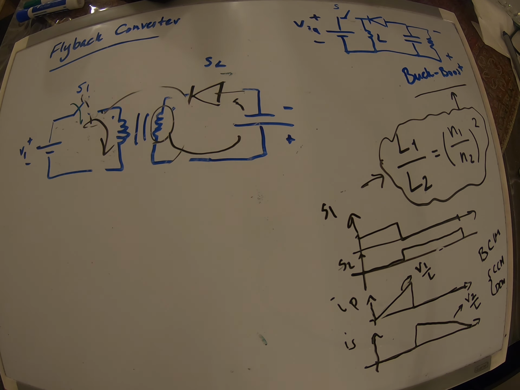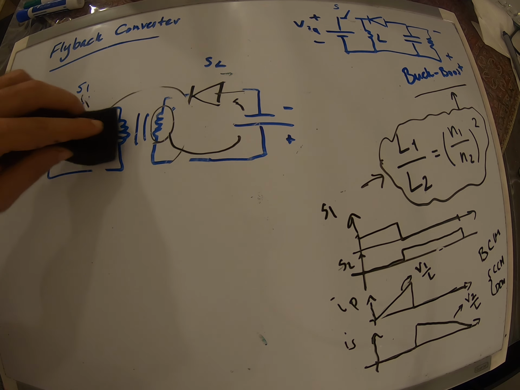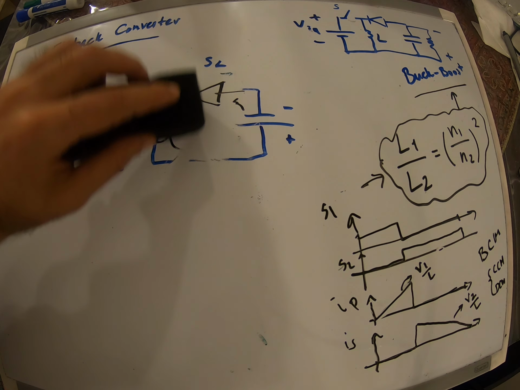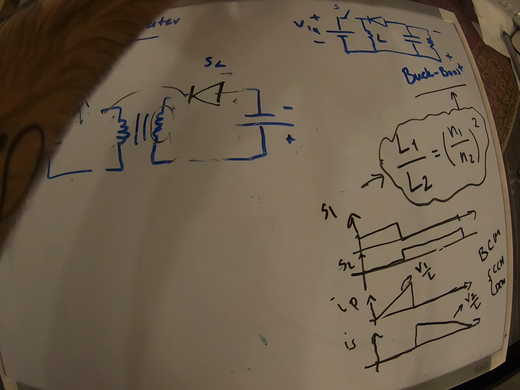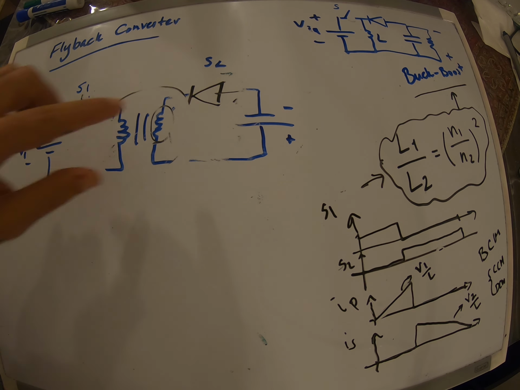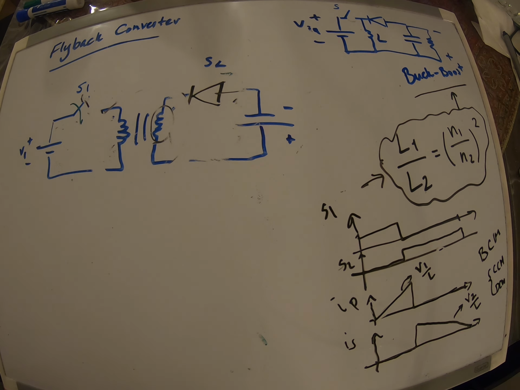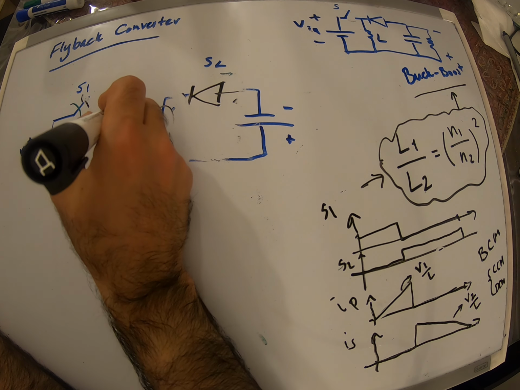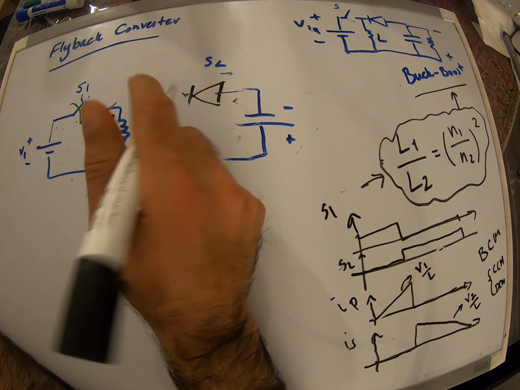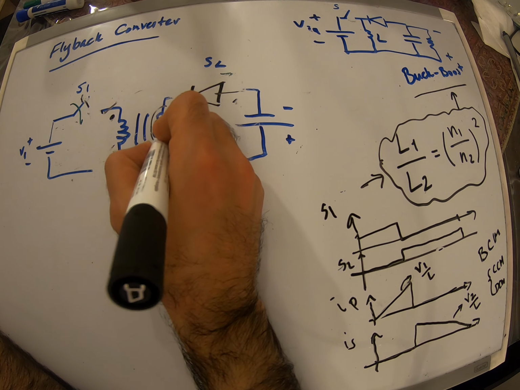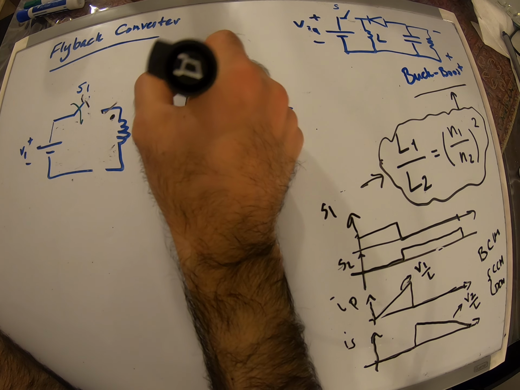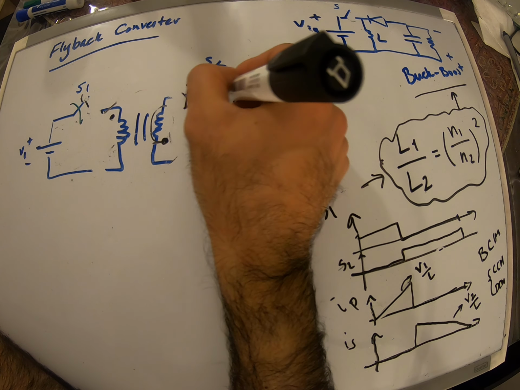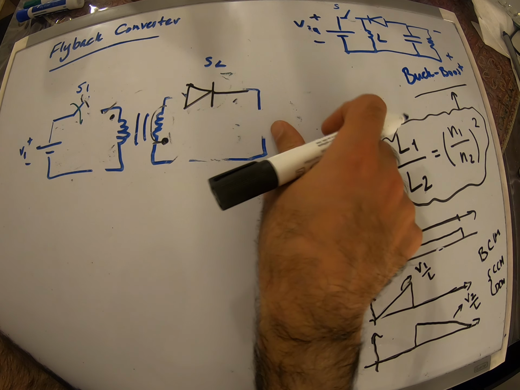Now we can make this a little bit even better, because one of the things that we had to remember about the buck-boost converter is that the polarity of the output voltage is always opposite of the input voltage. Now what we can do is basically change the polarity of the secondary winding of the transformer, and now we can change the polarity of the diode. And if that's the case,